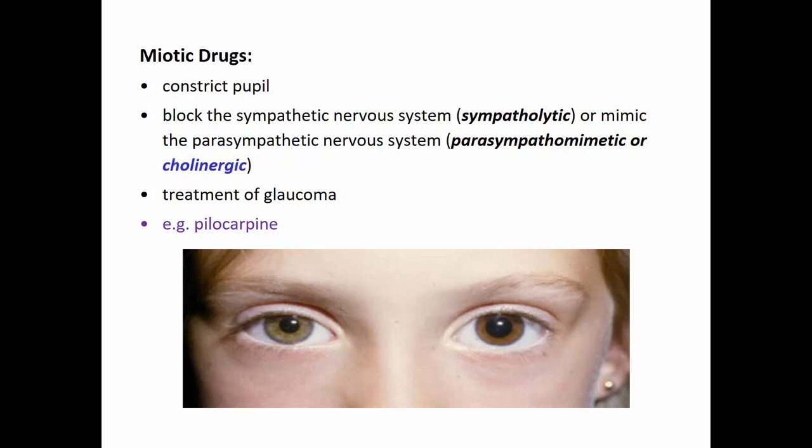Miotic drugs are drugs that are dropped into the eye that cause the pupil to constrict. So there are two groups. Some of them mimic the parasympathetic nervous system, and so we call those parasympathomimetic, sometimes called cholinergic drugs because they act just like the neurotransmitter that works in the parasympathetic nervous system, which